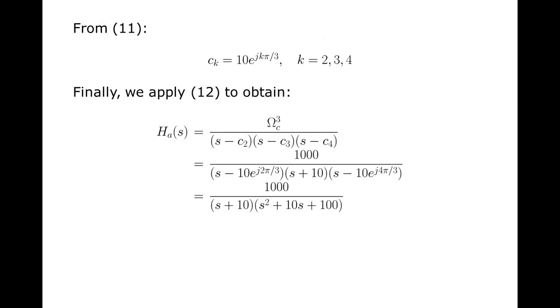And so Ck, the poles, we can say Ck is nothing but Sk. The poles can be calculated using the formula Sk equals ohm c into e raised to j pi k by 3. K, as the order is 3, will vary from 0 to n minus 1. And so the transfer function we will get is cutoff frequency raised to 3 upon s minus C2, s minus C3, s minus C4, and in this way we will get the transfer function for the third order filter.